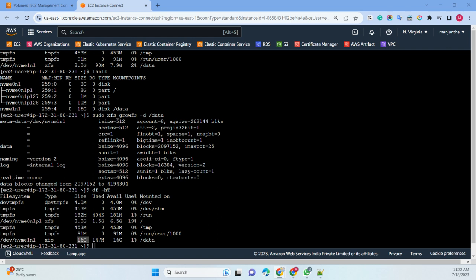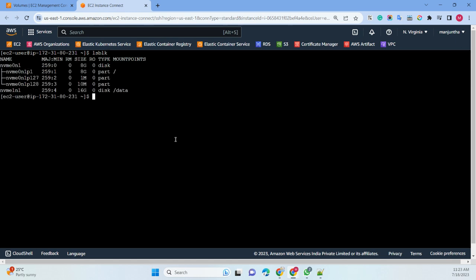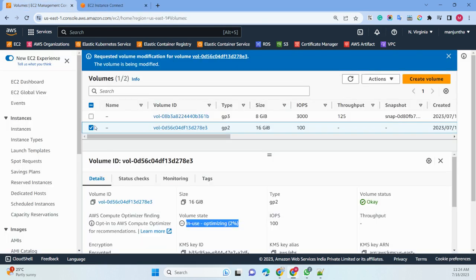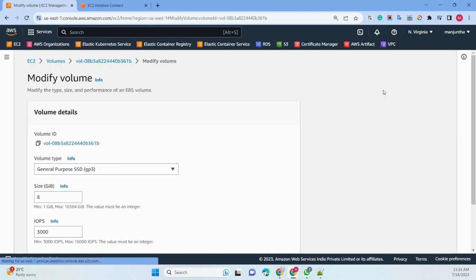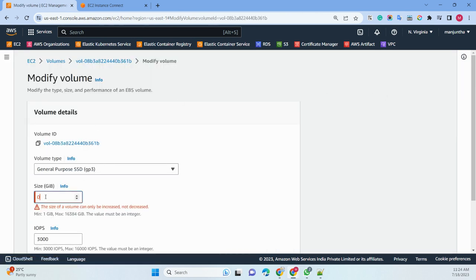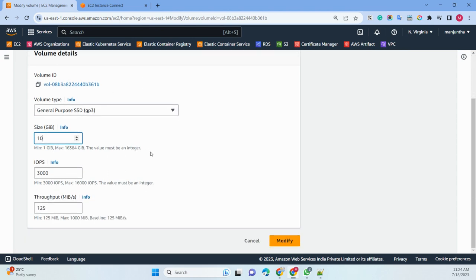So this is how we are able to do it. Then clear the session. Let's type lsblk. For example, if I wanted to increase my root volume, how can we do it? Same thing, just go to the volume section here, select modify volume and just mention 10 GB. Just modify it,